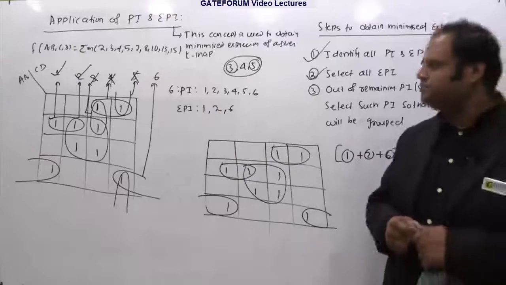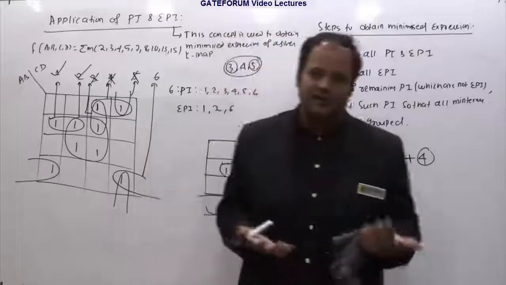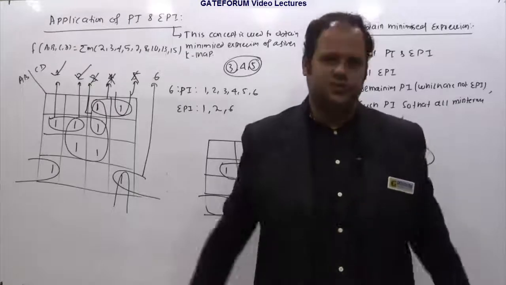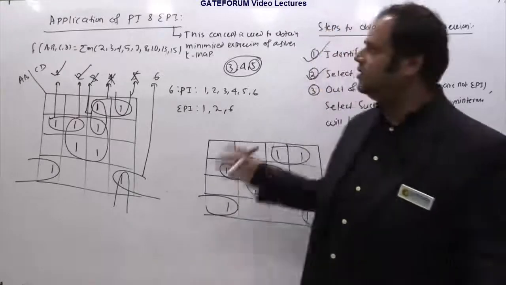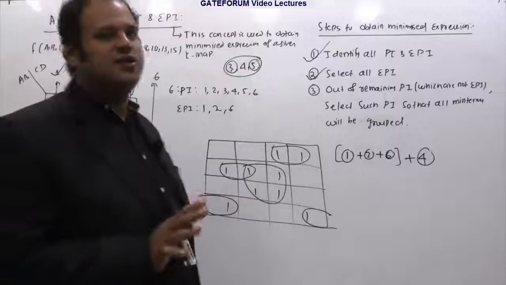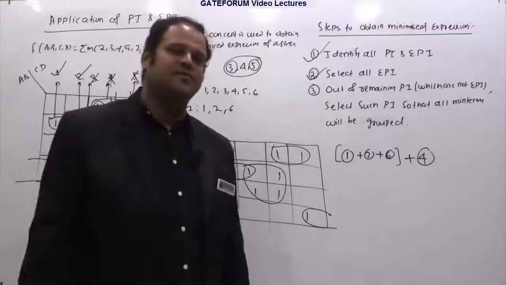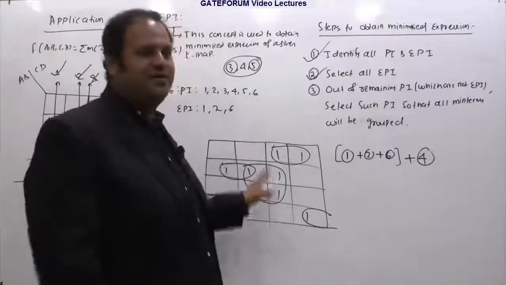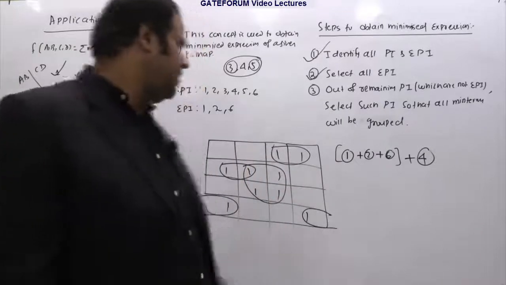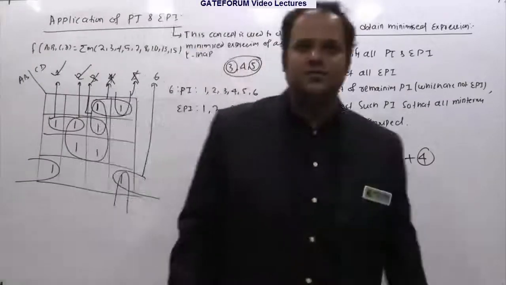But generally, for various reasons, in most of the books these concepts are not given. So most faculty teach only the first method, like bigger-size groupings and so on, and students get comfortable with that. This concept is also not a difficult concept, isn't it? Once you are good at PI and EPI and how to identify them, this is also not challenging, right? It's your personal choice which one you select for better practice and to have more grip. You may practice all the questions by this approach also, and I'm very sure your answer will match. I believe the concept of PI and EPI is clear to you, right?